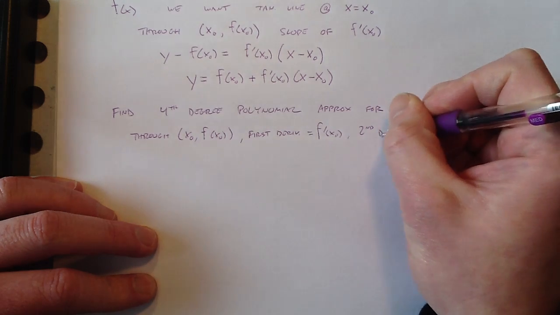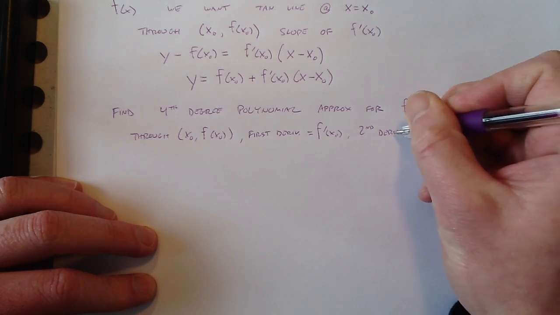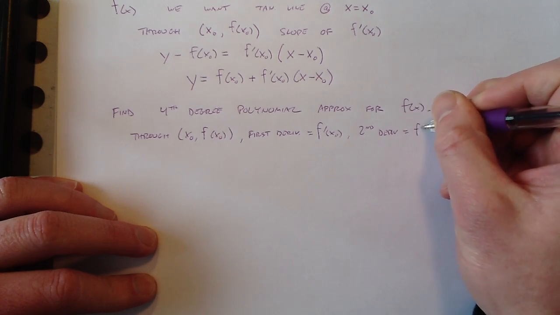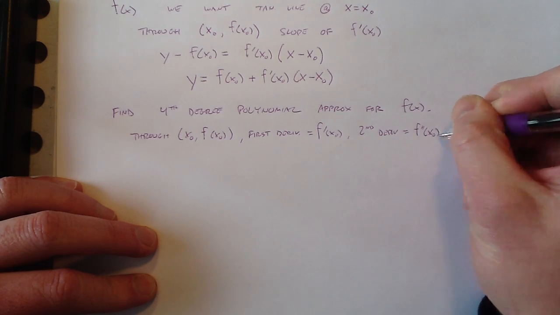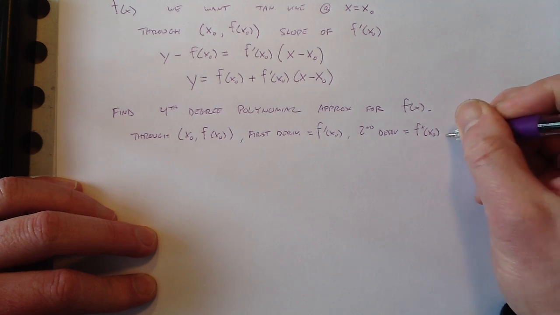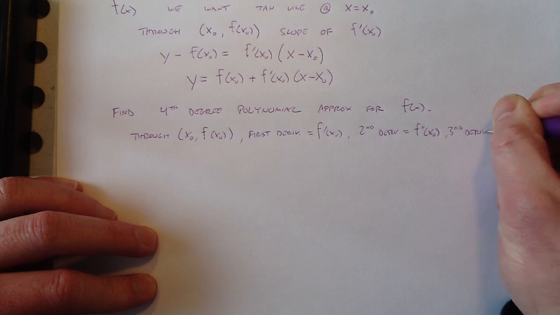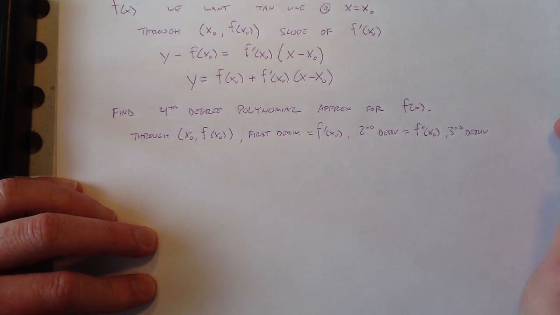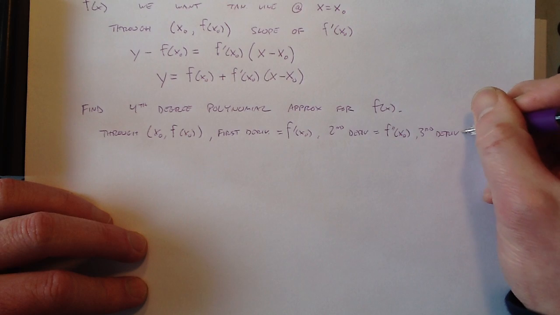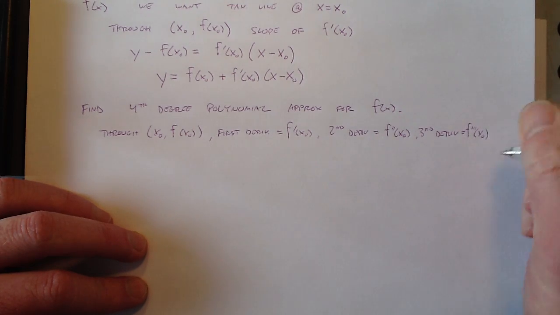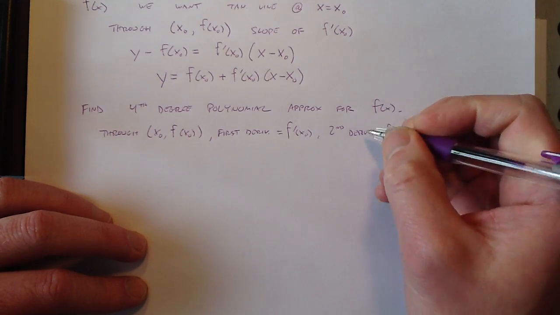The second derivative, or its concavity, has to be the same as the second derivative of our function at that point. The third derivative, you can see where this is going, right? The third derivative has to be equal to the third derivative of our function,